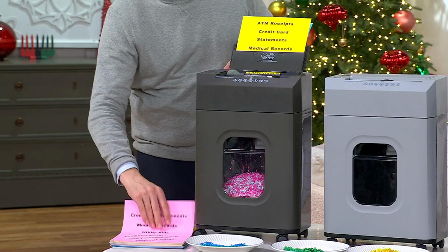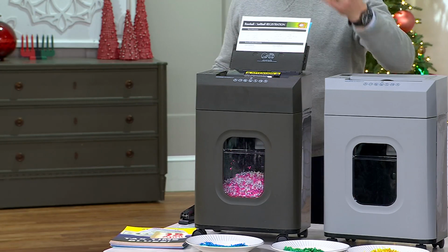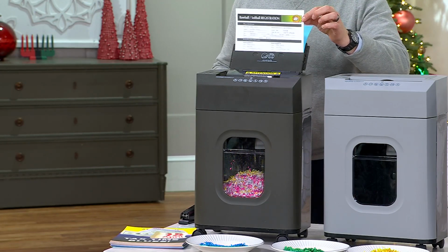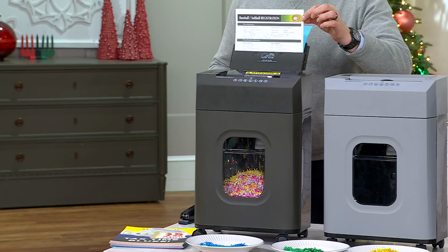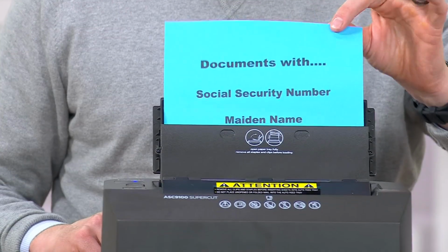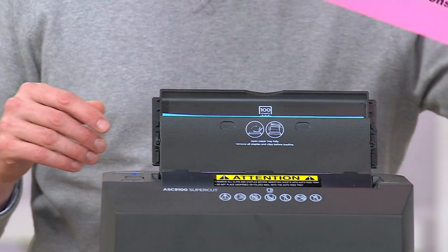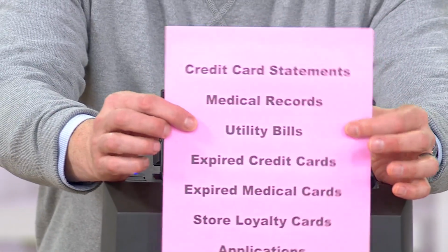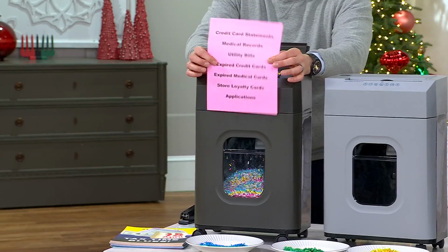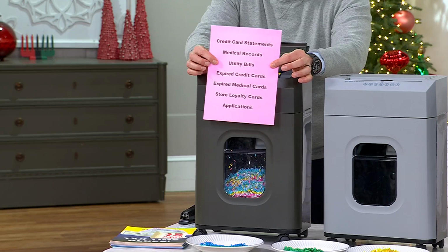And so many of us gather all this information day after day, and it just accumulates on the side of the desk. It's also rewarding to get rid of it. You know what I mean? And it piles up. Clean up the mess, get rid of the clutter. And I always tell people, any document that has your social security number on it, that may have some medical information on there, utility bills, any personal, private, financial, medical information you don't want to share with the world,